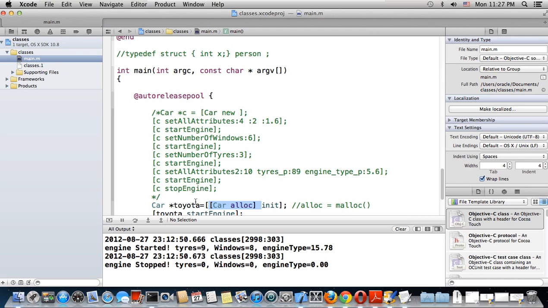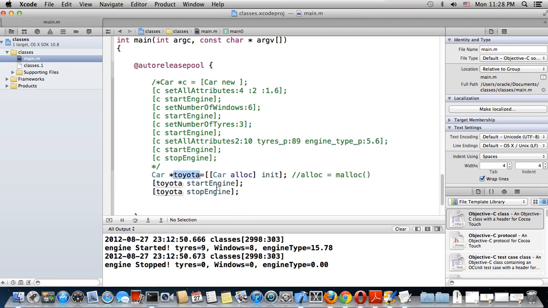You're not going to save it in something like what we do here, C, star C, and then because this is an object coming from car, at that address go to init and execute init, and therefore you get this, and the return value of init is car star, so therefore I have a car star here, so the assignment is correct. So I have a Toyota, my new car,